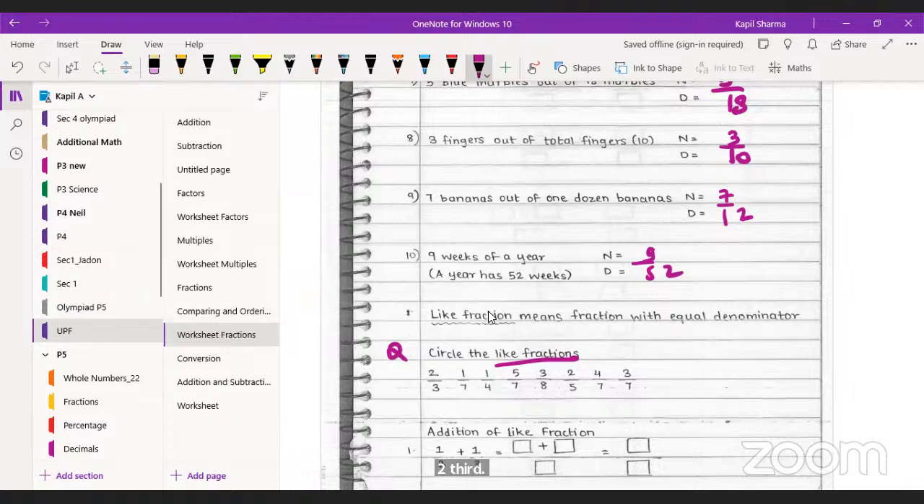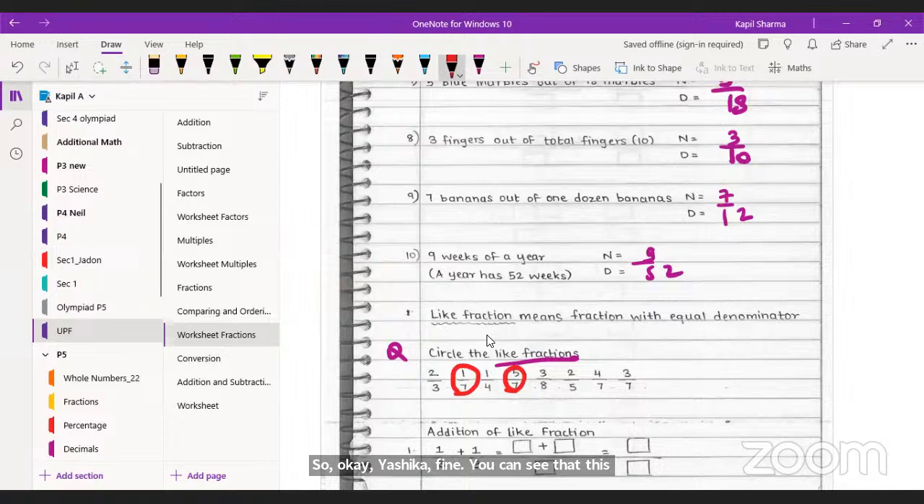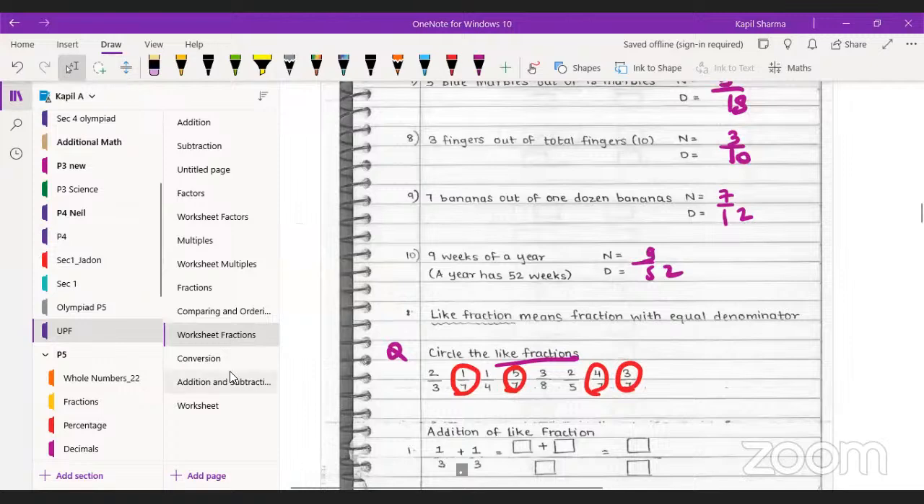So what are like fractions? Just now we discussed fractions that have the same denominator. So okay, Yashika, fine. You can see that 1/7, 5/7, 4/7, and 3/7 are like fractions. They have the same denominator. Okay. I hope this is clear. Now,